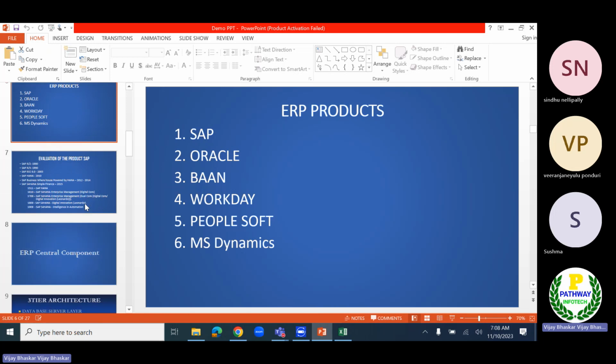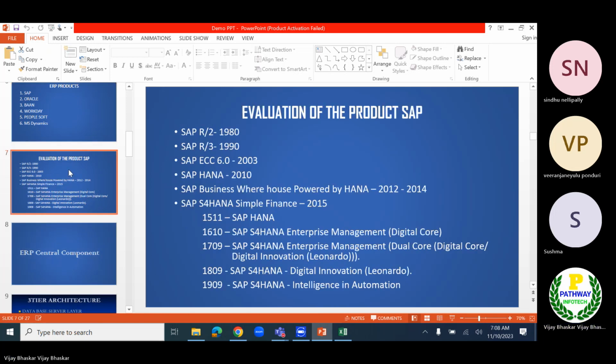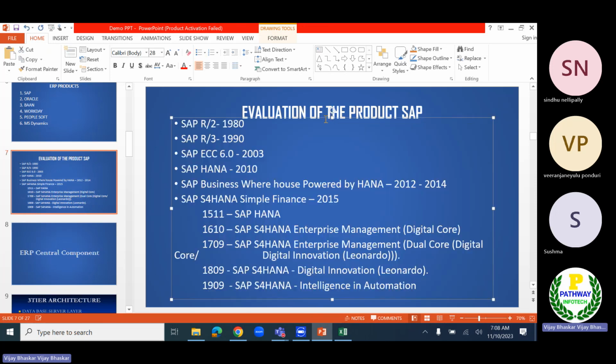Now coming to the evolution of the product SAP: when SAP was started and what is the history of SAP. In 1972, 3 IBM employees started SAP; they developed the application called SAP in 1972.